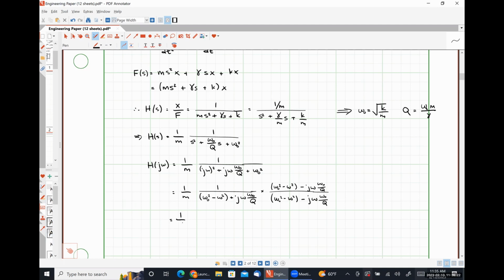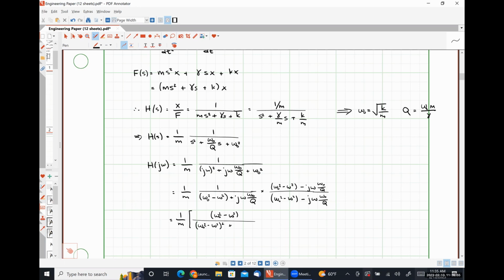So this is going to give me 1 over m times. So I'm going to have a real term that is just going to be omega naught squared minus omega squared in the numerator here. And I'm going to look at my denominator here. So I'm going to have omega naught squared minus omega squared, squared